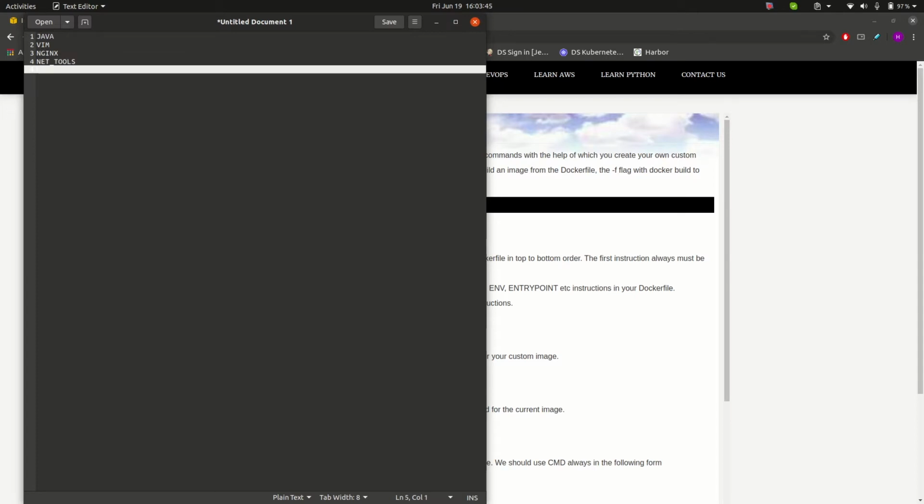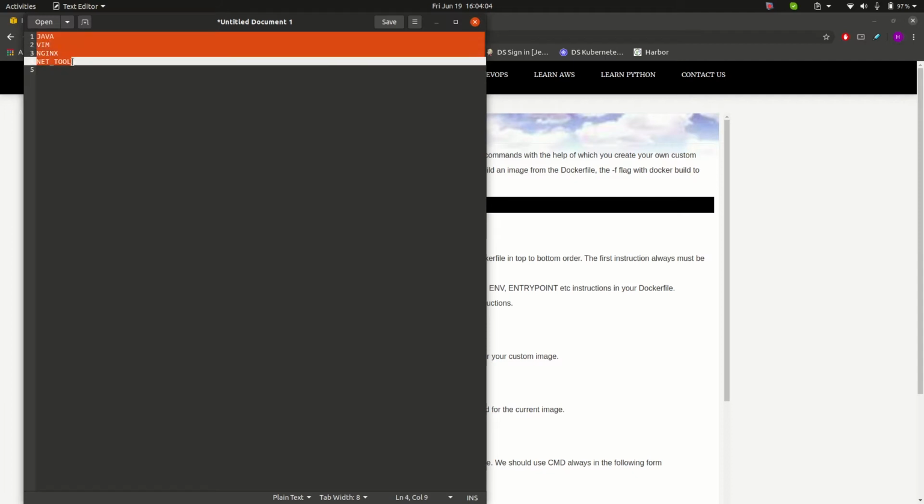All these things in one single image are not available by default. So in the Docker file we mention the steps in which we install all these necessary requirements, and with the help of the Docker file all these four packages will be installed.